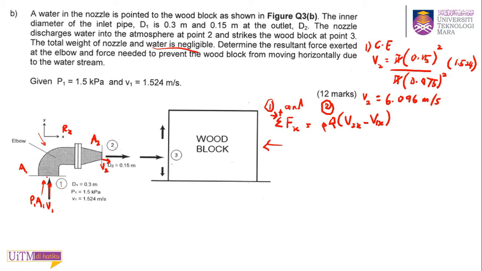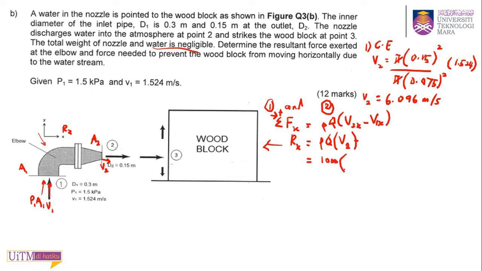You have only Rx lah, you don't have a P2A2, so Rx equal to rho Q times V2x, which is V2 in the same direction, and V1x is 0, so it's only V2 lah. So easy. So rho of this water is 1000,